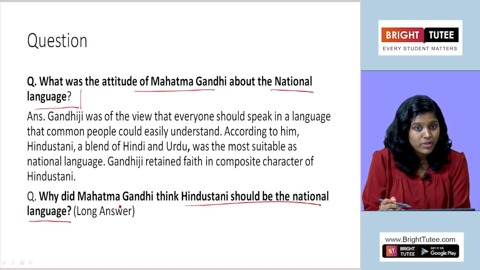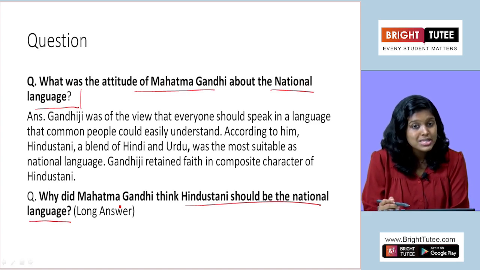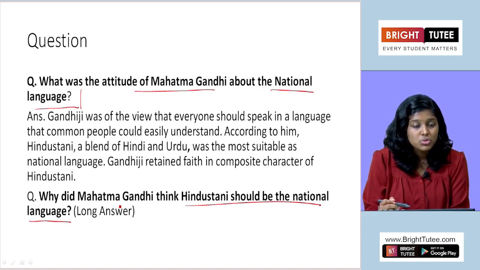So this is the reason why Gandhi preferred a language which was a blend of both Islamic and Hindu traditions over a language which was of